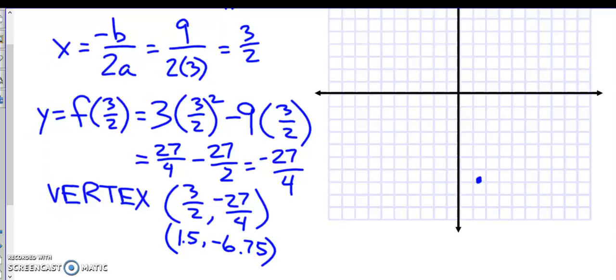The axis of symmetry would be x equals 3 halves. So literally that is,